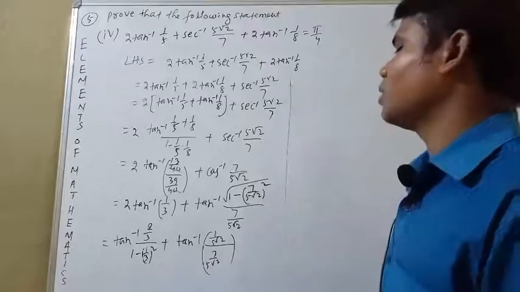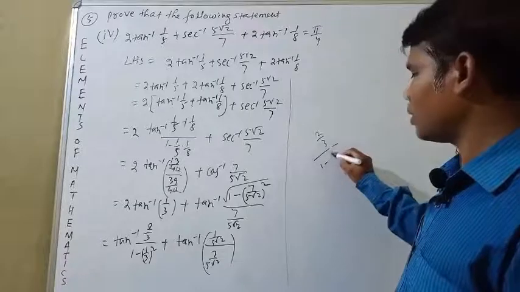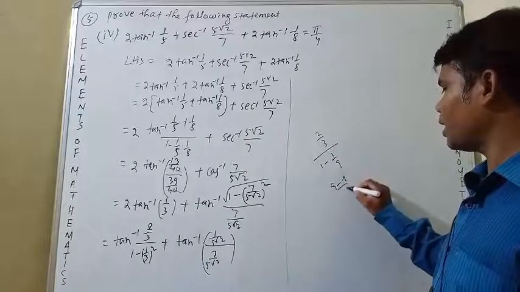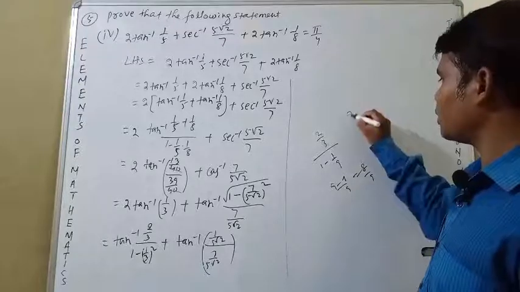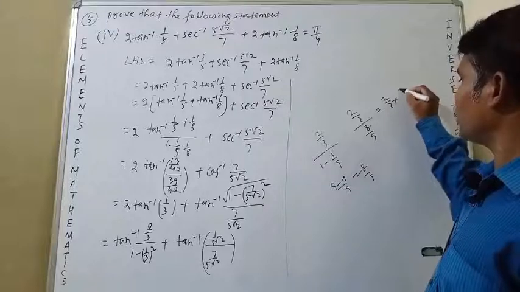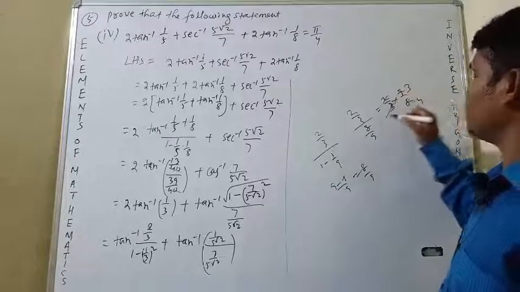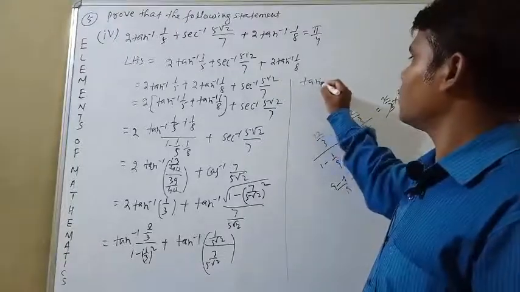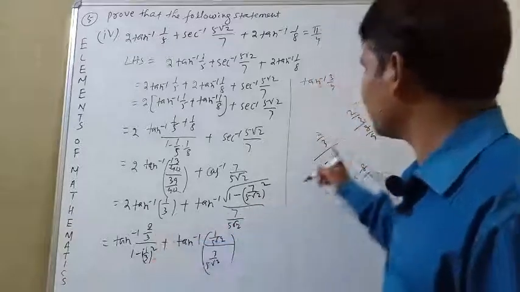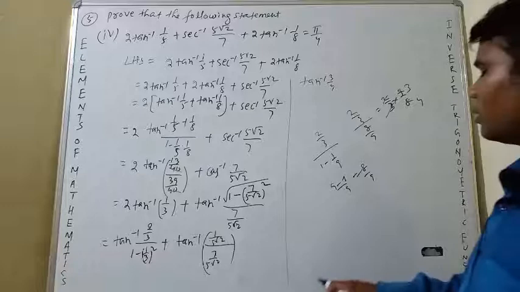Now tan inverse 2 by 3 divide 1 minus 1 by 9. 9 minus 1 by 9, that is 8 by 9. That is 2 by 3 divide 8 by 9, which is equal to 2 by 3 into 9 by 8. Okay, 3 into 3, 2 into 4, that is 3 by 4, equal to tan inverse 3 by 4. This is the simplification. You can get tan inverse 3 by 4.